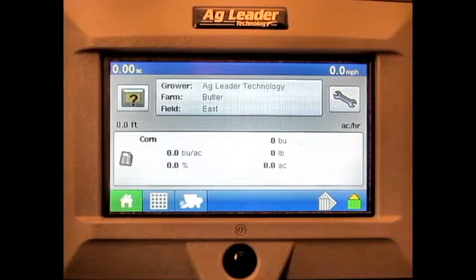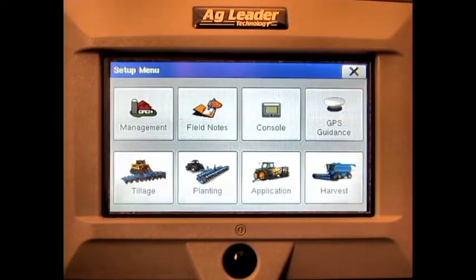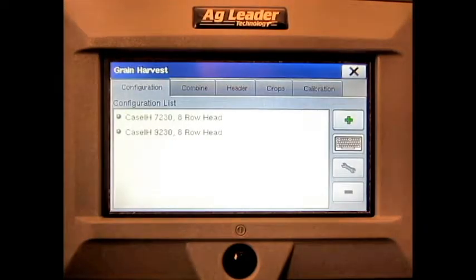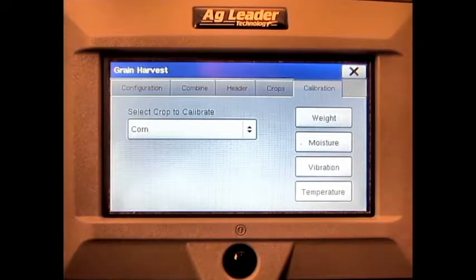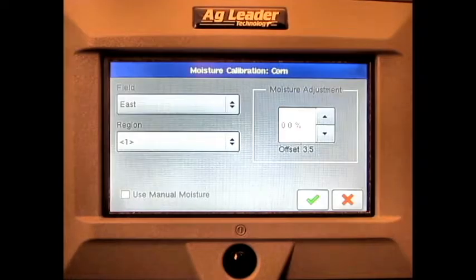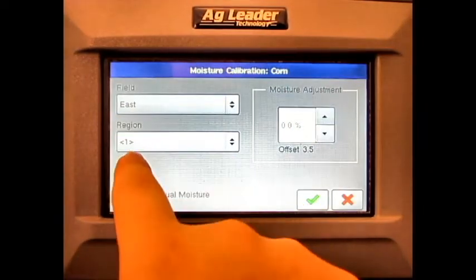From the home screen, press the Setup button, press Harvest, press the Calibration tab, press the Moisture button, select the correct field and region,